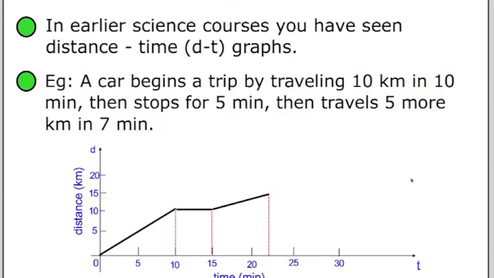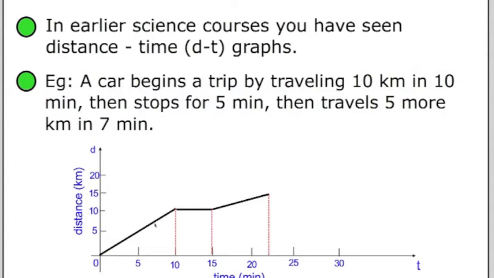One of the first things we have to learn in this course is to distinguish between vectors and scalars. Physics uses a lot of vectors, but in earlier science courses you have seen distance-time graphs, which is a scalar phenomenon with distance and time. For example, a car begins a trip by traveling 10 kilometers in 10 minutes and stops for 5 minutes, then travels 5 more kilometers in 7 minutes, can be shown like a graph at the bottom